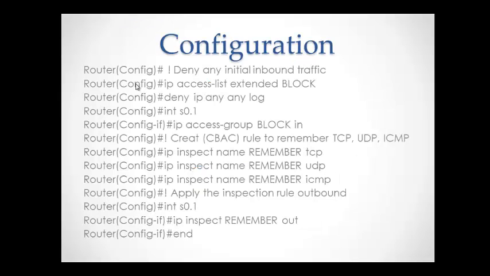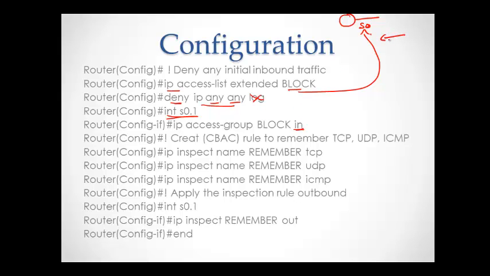Alright, so here is an example. Now what I do is, first I block all the traffic. This is optional. I block traffic coming from anywhere going to anywhere. I am blocking it by using an extended ACL. Where do I call the ACL? I call the ACL on the serial interface. This is my router, this is the serial interface, outside interface, and I'm calling this ACL here